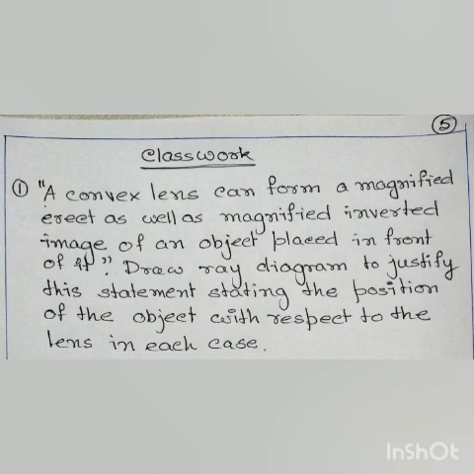When m is positive, that is m greater than 1 and positive, at that time the image will be erect but virtual. And where the magnification is greater than 1 but negative, the image will be inverted and real. Just recall the situations, and for both situations you have to draw the ray